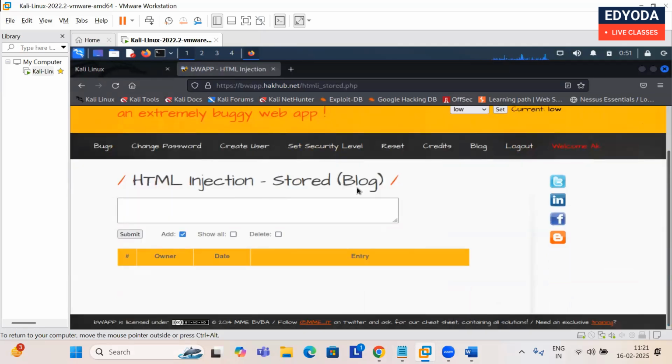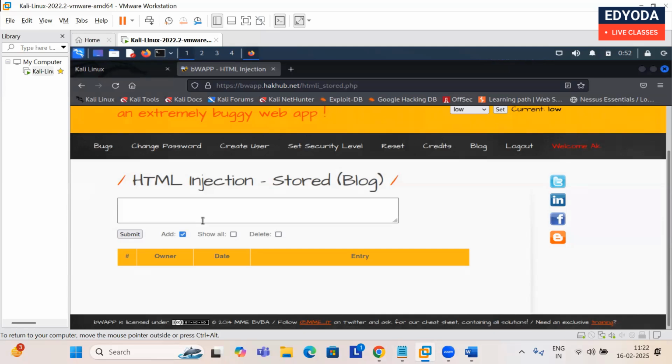So this is your page. HTML injection is basically, if you have it in your application, then it is vulnerable. Why? Because it can provide the attacker a facility to inject some JavaScript payload, as well as deface your application UI. So they have to put input validation in place in order to prevent this vulnerability.